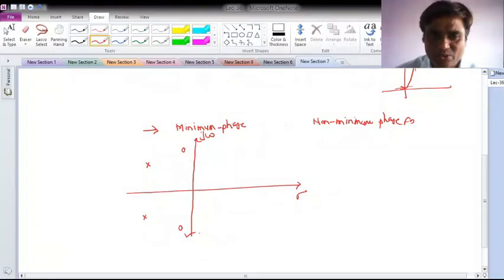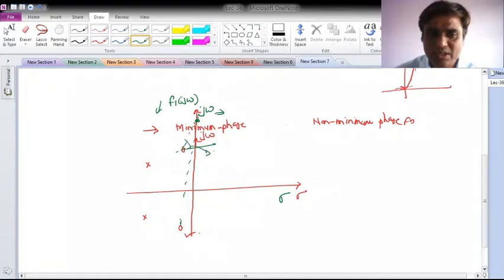Okay, and let me take any point on the j omega axis. Say here, let me extend this, any point on the j omega axis. Let me draw with the pen. Okay, and let me calculate what is the magnitude and phase for this particular network function. Say I will call this my f1 of j omega. Okay, so what is the magnitude? That is all the magnitudes from all the zeros to the interested point, and these are the angles.